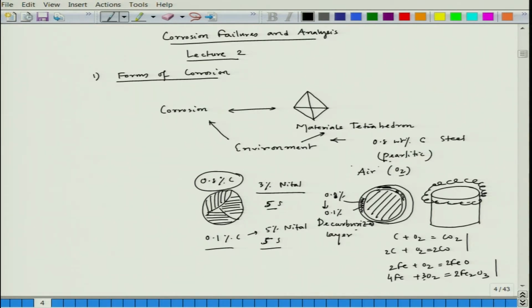Okay. So, this is the effect of environment on the materials tetrahedron, but the effect of environment on corrosion is also extremely critical. Why am I saying environment effect? For example, if you take a 0.1% carbon steel rod, you keep it in Ladakh, where in winter the temperature goes sub-zero, minus 10 degrees Celsius or minus 5 degrees, depending on the day. Some places might also go to minus 20 degrees Celsius.